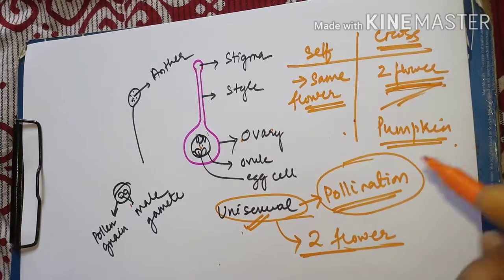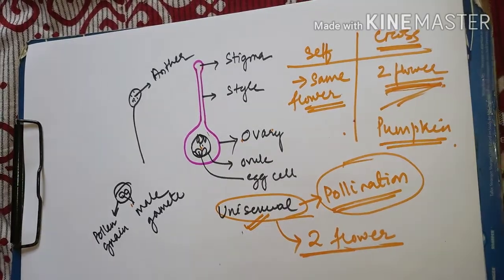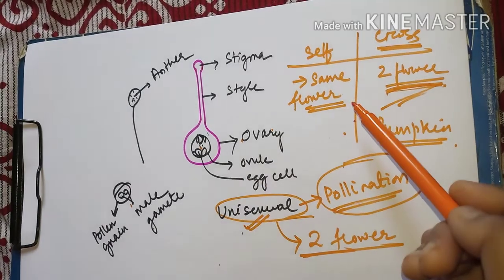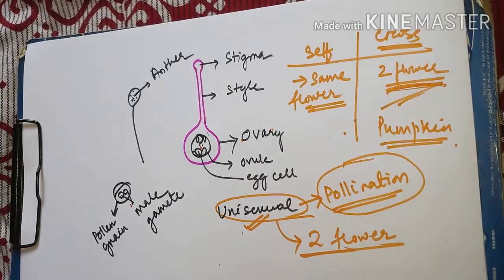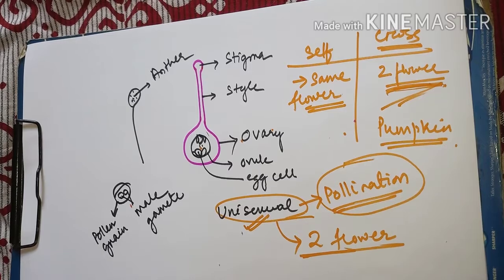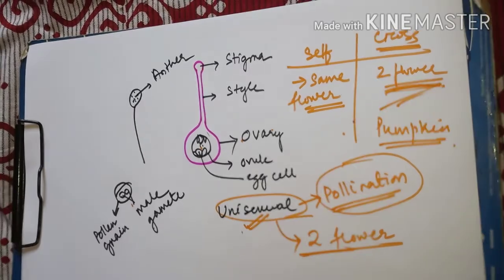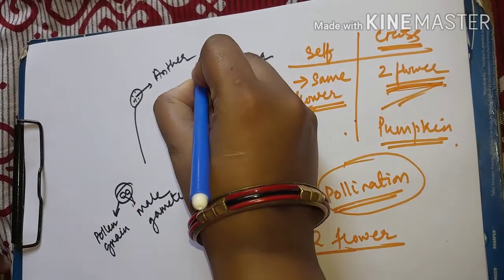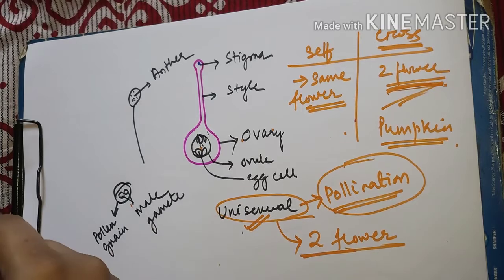So now the second step, which is transfer of gametes, is done. The first step was formation of gametes. Then there was transfer of gametes by the process of pollination. Then the next step is fusion of the gametes, or syngamy. In fusion of the gametes, let's say this blue color mark which I am giving here is the pollen grain. Once the pollen grain reaches,